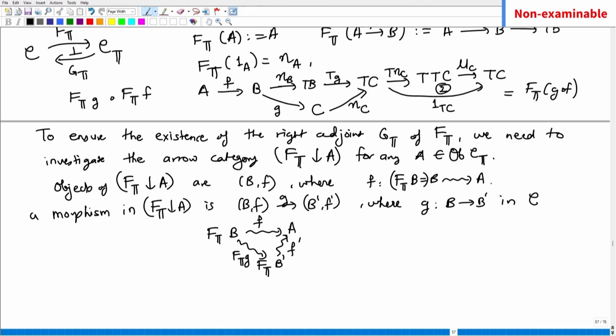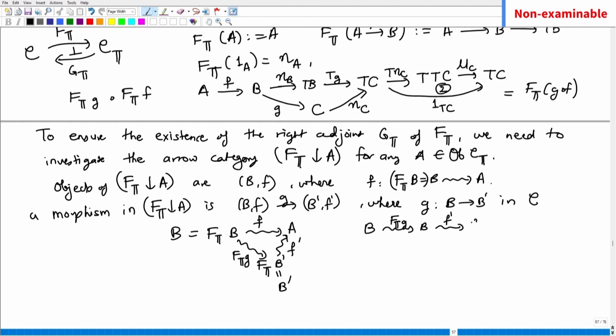Now, can we simplify this diagram? That's what we have to do. FT of B is just B. So this is B and this is B prime. What is FT of G? G composed, eta of B prime composed with G. So let us write that down. This is the wiggly morphism. So B to B prime, sorry, FTG